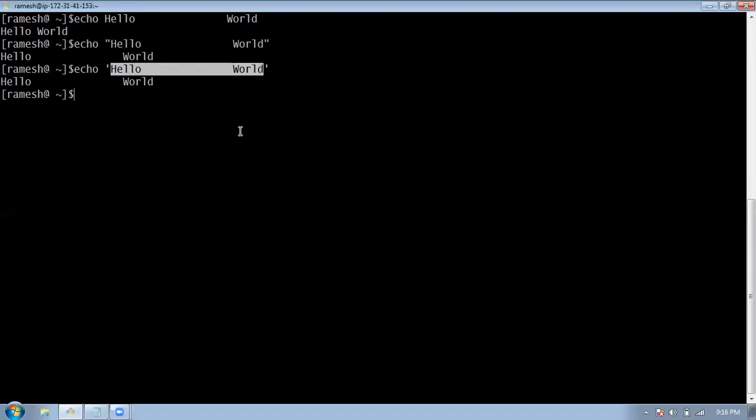Now, besides echo, there is also an alternative command, printf. We generally use printf in C language. It came from C, and Linux also supports printf. Now we'll see how to use printf.